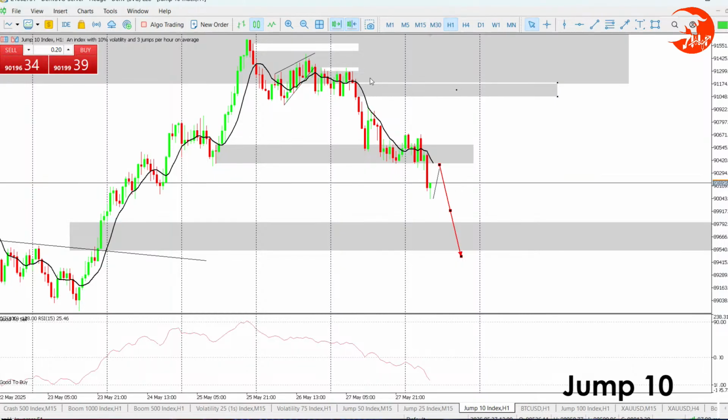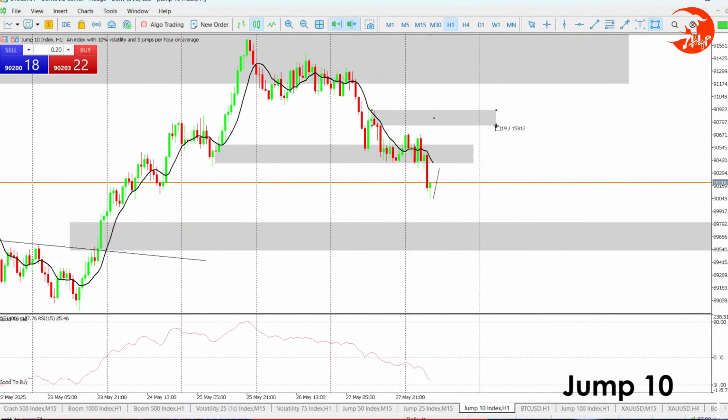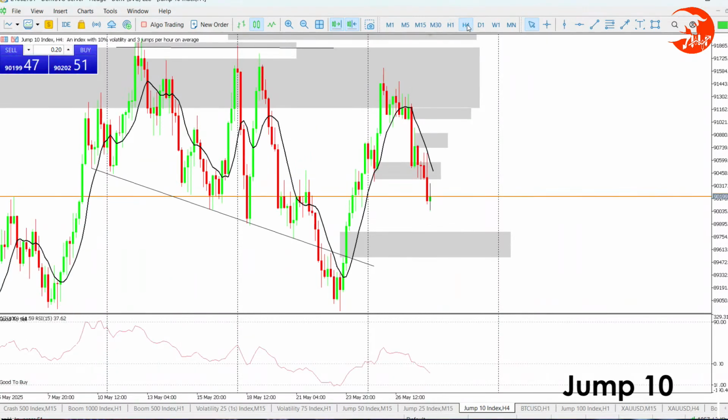Okay, that is not something that I can rely on. This fair value gap right there, it's not that a big deal that I can actually rely on. So I have that order block and that fair value gap. They are the only points of interest that I see left back according to H1, but I don't see price going all the way back there. I don't see it.